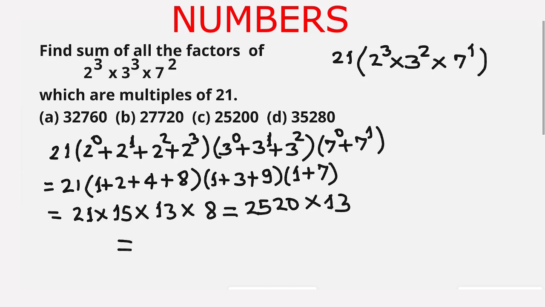This is equal to 13 times 0 is 0. 13 times 2 is 26, we write 6 and carry 2. 13 times 5 is 65 plus 2 is 67, we write 7 and carry 6. 13 times 2 is 26 and 26 plus 6 is 32. So this is 32,760, and this is the sum of all the factors which are multiples of 21 of the given number,